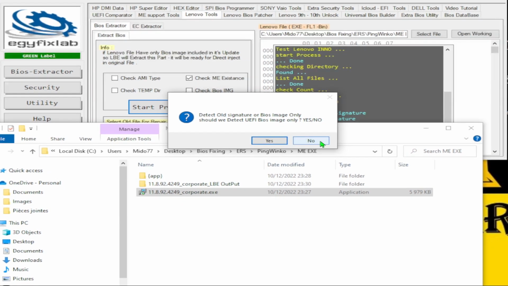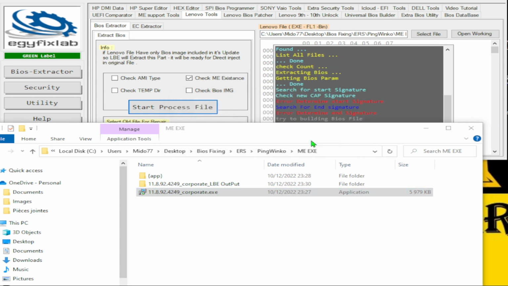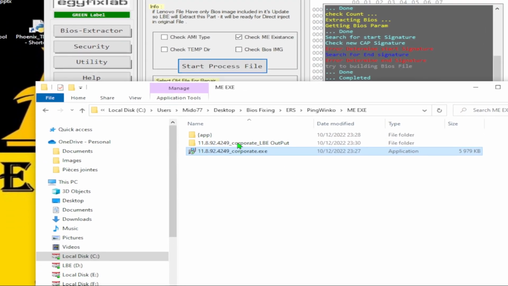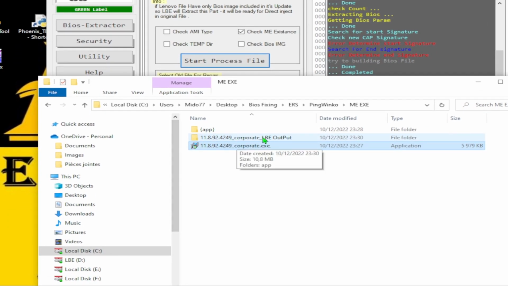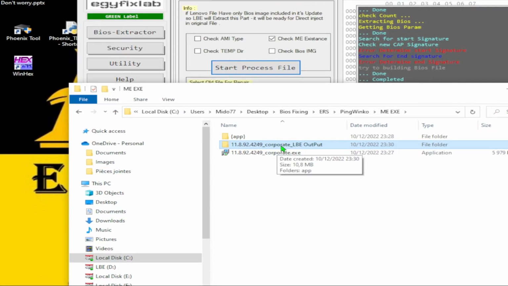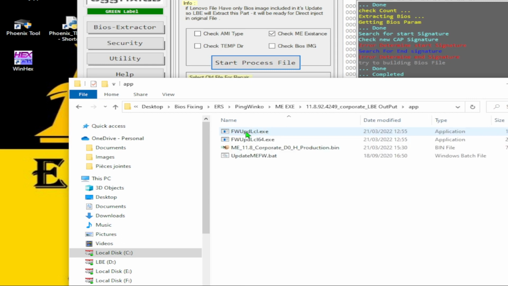It doesn't matter what we answer here because the file doesn't have in fact any BIOS image. So you just click no and okay here. So we have this folder which we have to open, and in the app folder